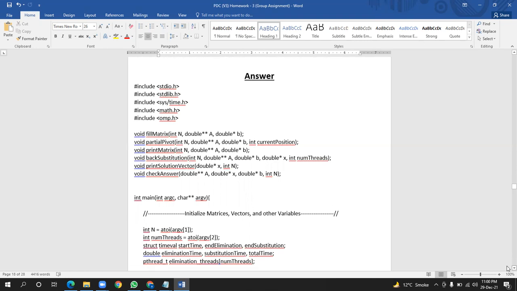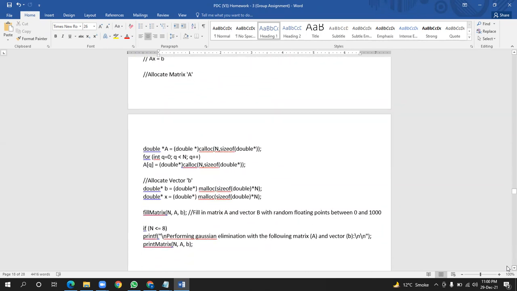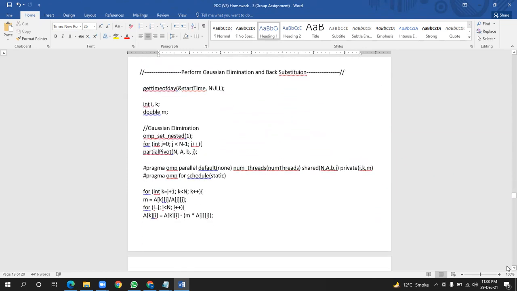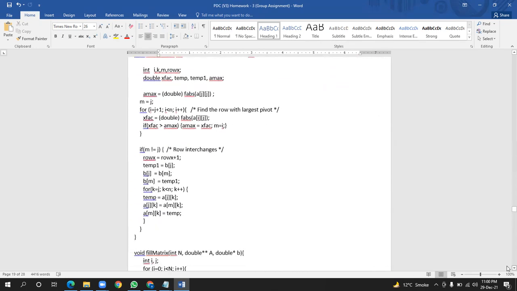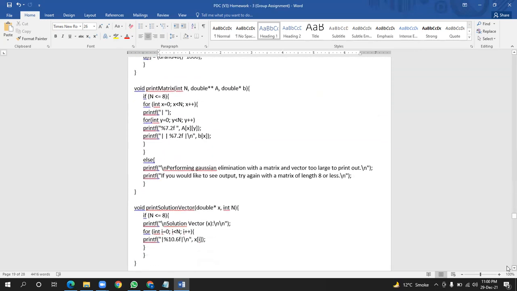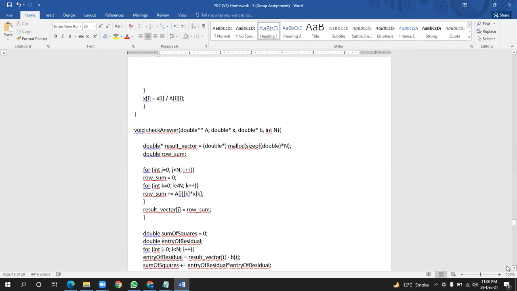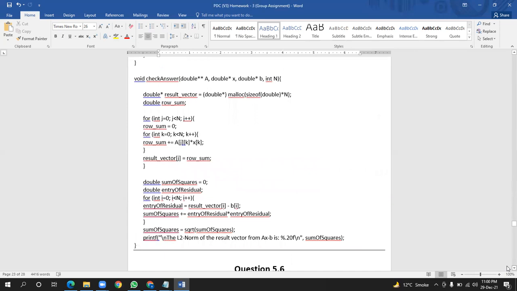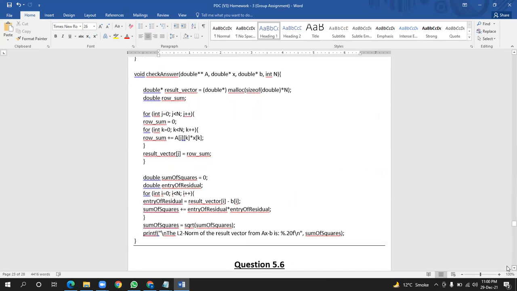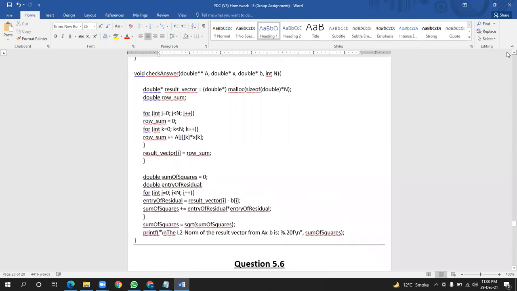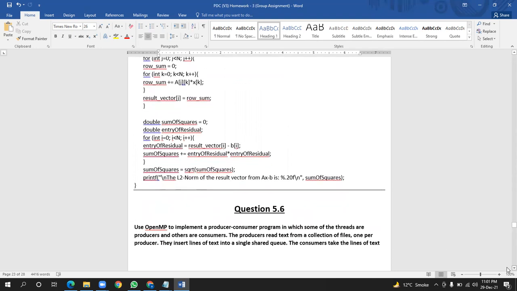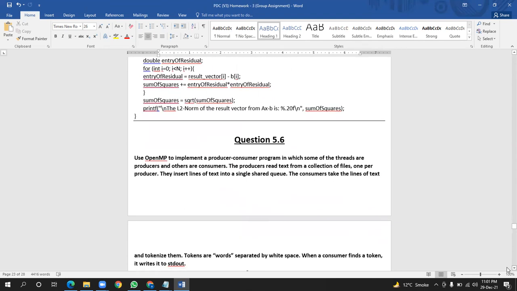और आखिरी फंक्शन है चेक आंसर, कि हमारे प्रोग्राम का आंसर बिल्कुल सही है या नहीं। और मेन में हमने मैट्रिसेस इनिशियलाइज करवाई हैं, वेक्टर्स और वेरिएबल्स को, और उसके बाद मेमोरी एलोकेट की हुई है मैट्रिक्स ए को, और गॉसियन एलिमिनेशन परफॉर्म कर रहे हैं। ये जो फंक्शन बनाया गेट टाइम ऑफ डे, इसमें ये बैकवर्ड एलिमिनेशन हो रही है। इसमें बैकवर्ड एलिमिनेशन बाद में सम ऑफ स्क्वायर के थ्रू हम इसको प्रिंट करवा रहे हैं, बैकवर्ड एलिमिनेशन के थ्रू।